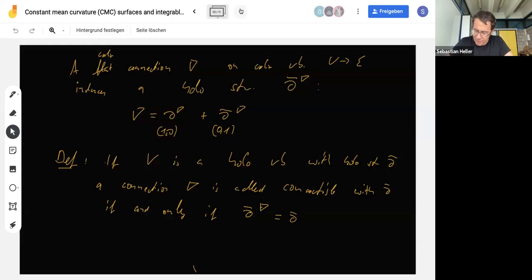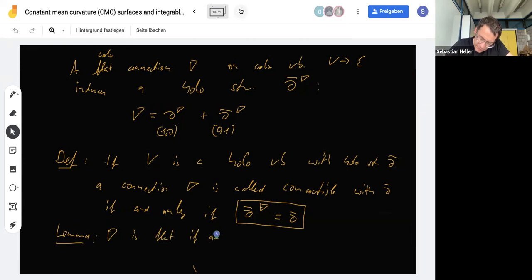So if we have this property, then the lemma we will use is the following: the connection nabla is flat if and only if it is holomorphic,